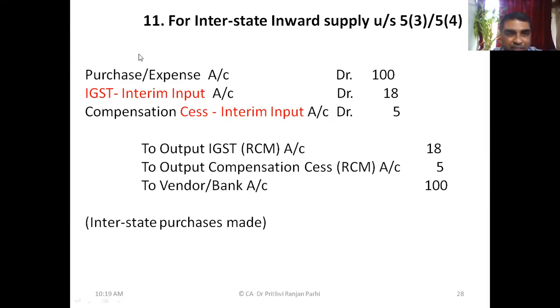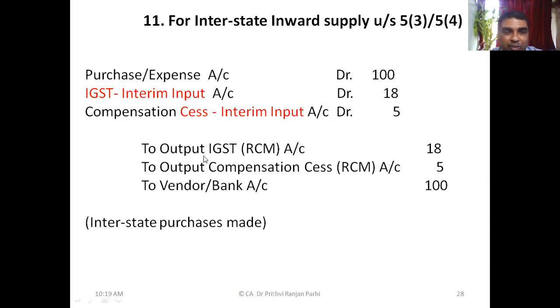You have to remember that first I am taking credit, but it's an interim credit. Therefore, I am taking IGST interim. Taking credit means taking ITC. This is an asset. Don't think that it is a credit balance. It is a debit balance, called ITC, input tax credit. At this stage, this is again a current asset. But when I make payments, after that it will be converted into regular ITC, not interim.